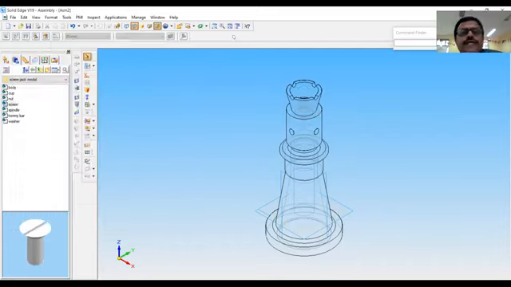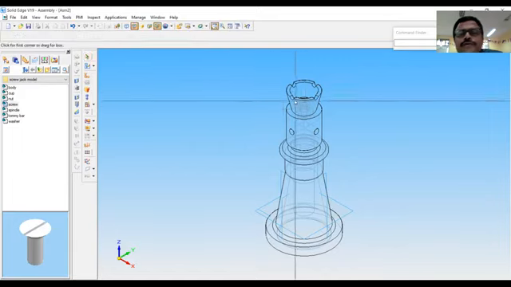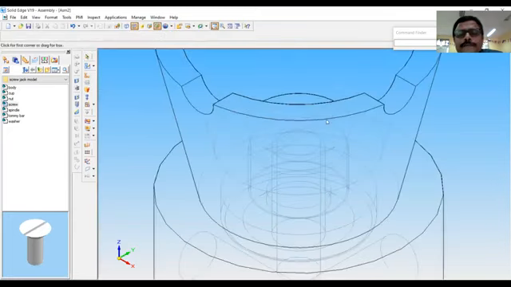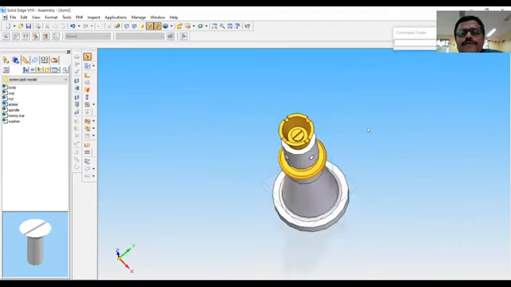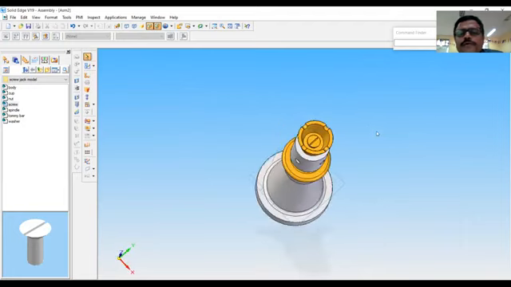So you can see that the screw is positioned here. You can see the screw here. It is sitting on top of the washer.